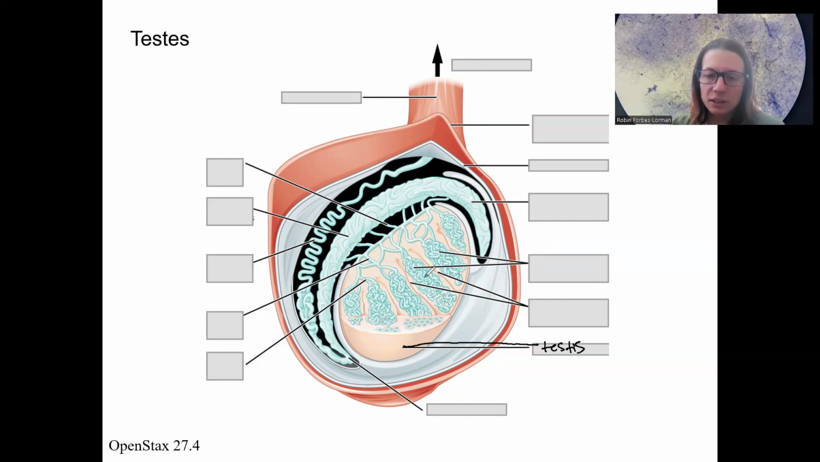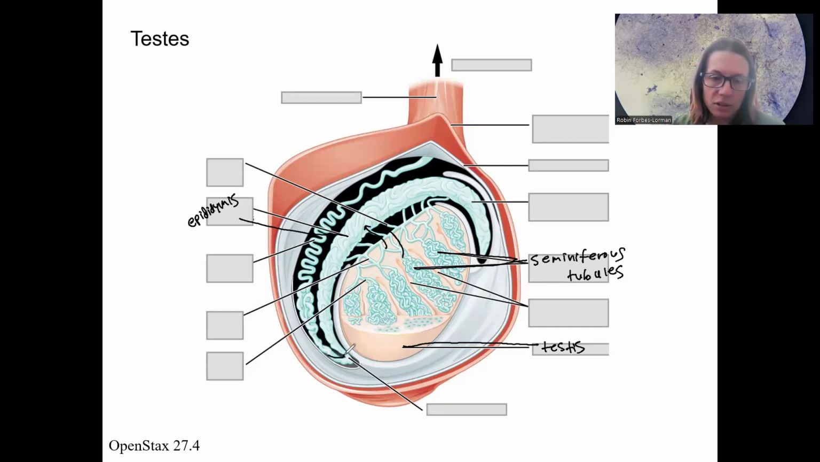Within the testis, these little sets of tubes here are the seminiferous tubules. That's where sperm production is going to occur. After the sperm are produced, they're going to travel out of the testis into the epididymis. So that's what this thing is. This is where the sperm mature and learn how to swim. A whole bunch of sets of tubes there. After they travel through the epididymis, you can see it's a fairly long structure,